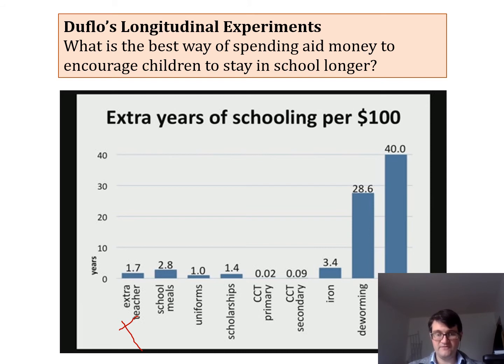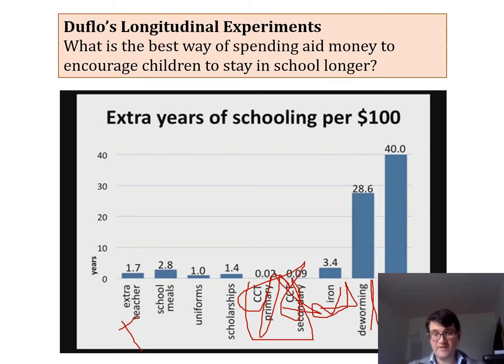So yeah, having people fed is good. Uniforms have very little effect. Scholarships, very little effect. Almost nothing from closed circuit television in primary or secondary schools, like virtually nothing. Iron supplements seem to be better than anything else over here. Deworming though, so like we've got basically